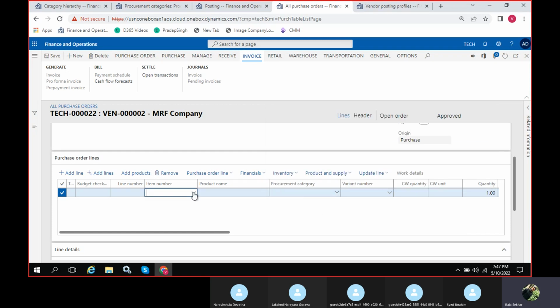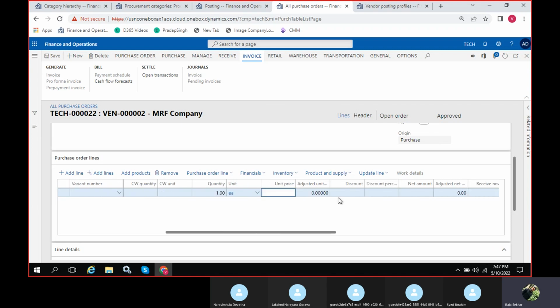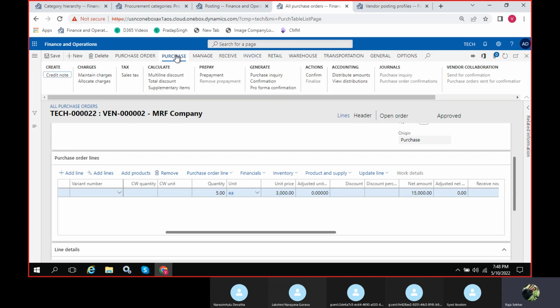Just okay, so take your tires only, and define the quantity, and unit price also, just give some 5 quantity, unit price is 3000. Okay, and here in the purchase order you have prepayment.